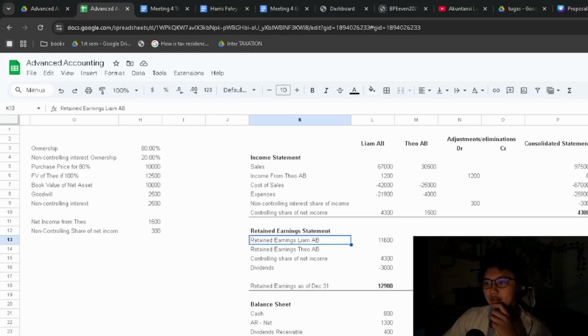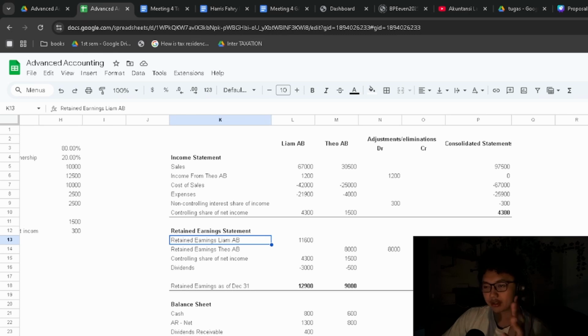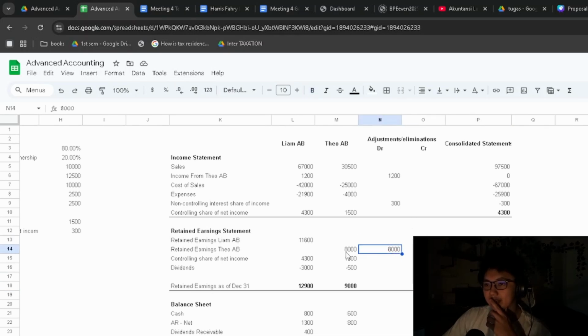And then for the retained earnings statement, in the case they kind of combine both, but I just try to separate it. So we have the initial retained earnings. It's the same as the case. We have the retained earnings from Theo. We have controlling share of net income, dividends, and all. Okay, now in here what I did is I basically omit this. I eliminate this account, and I don't include the dividends from here. So the reason I omit this account, 8,000 in retained earnings, and then I cancel it by debiting it, is because